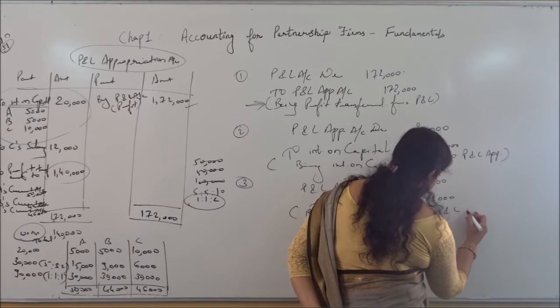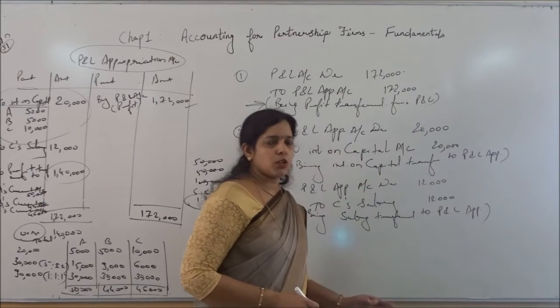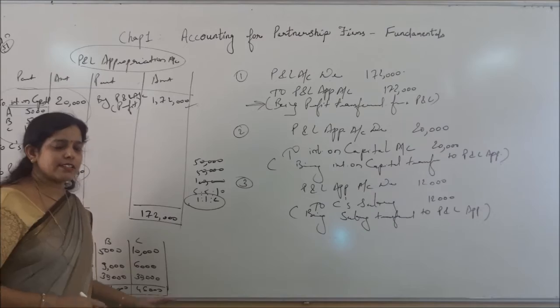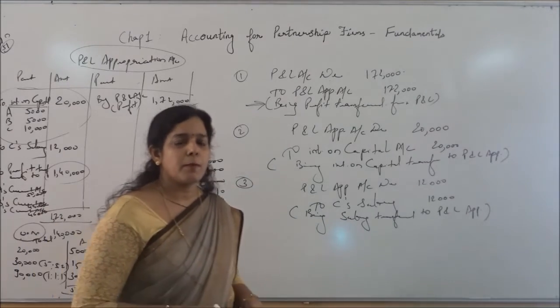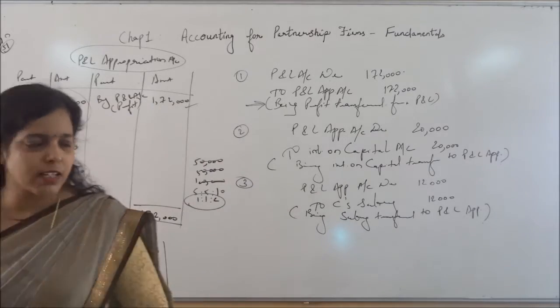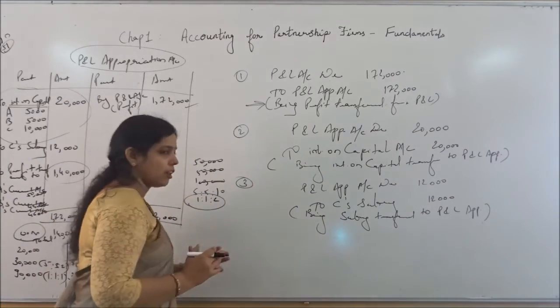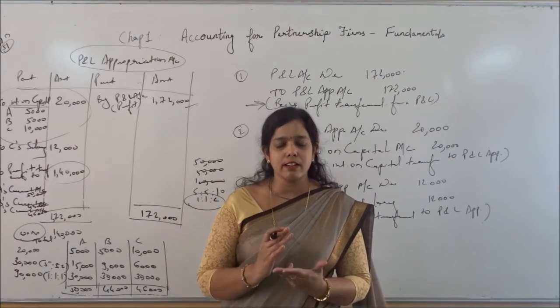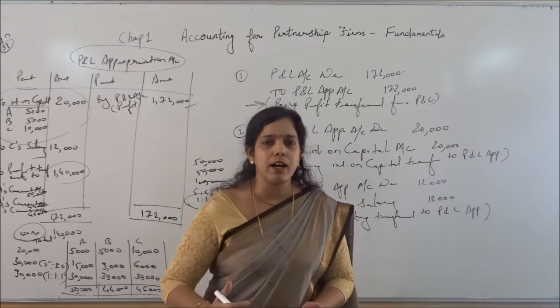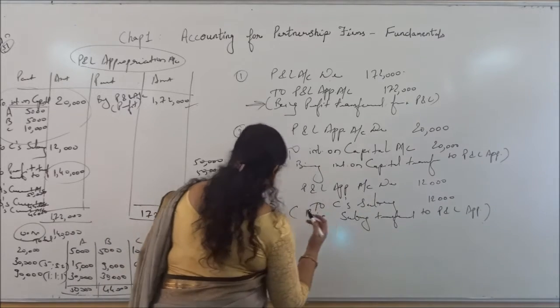What I am saying, these are closing entries. If in the exam they are asking closing entries, you should pass the entry of the P&L. This is also a confusion among students. They don't understand which entry has to be passed. If closing entries are asked in the question, you should pass the entry of the P&L appropriation. If all the entries are asked, you should first pass the entry from the capital account, then you will pass the entry from the P&L appropriation account, right? So this is the third entry.